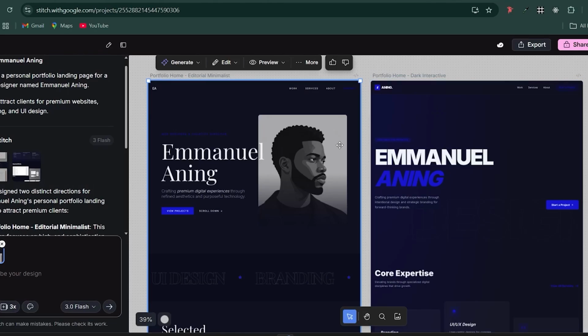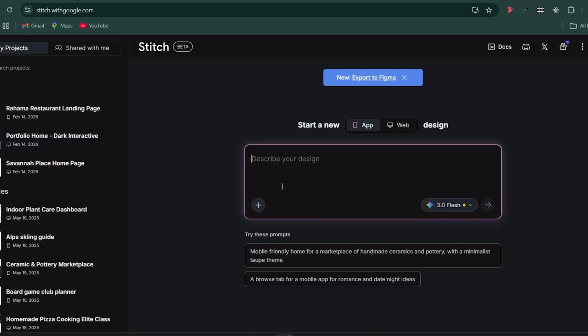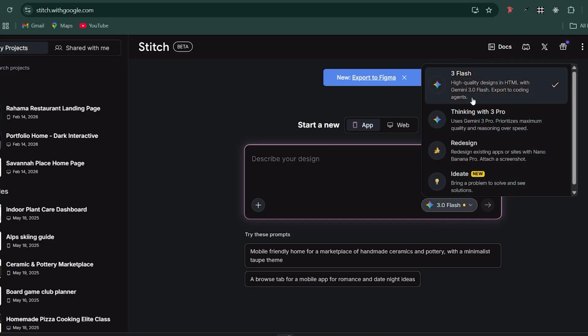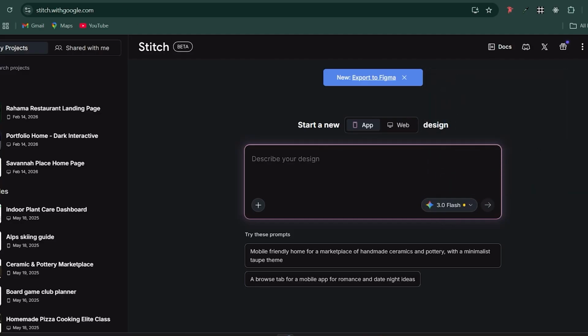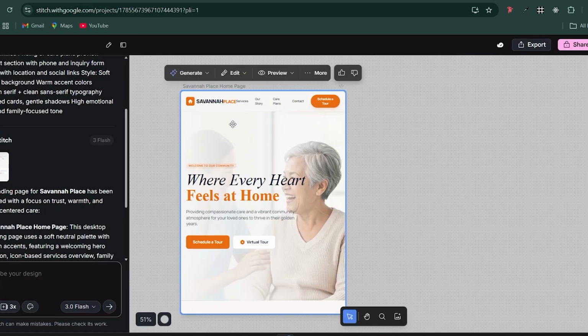Today, I'll show you how to go from ideas to UI design in minutes using Google Stitch. Yeah, so this is Google Stitch from Google and it's powered by the Gemini models. Okay, and this is the new way to design in 2026. It will just save you time and it will take you from just your ideas, and you start with